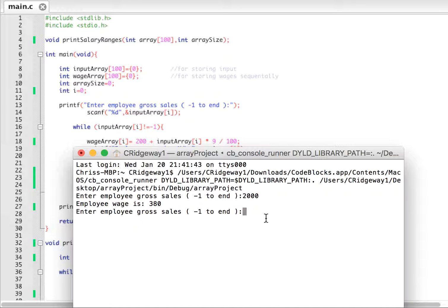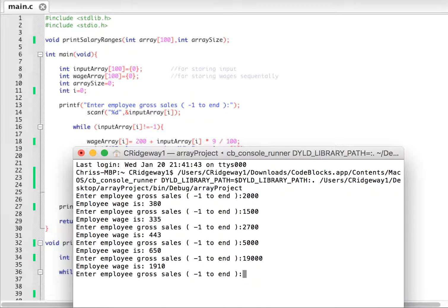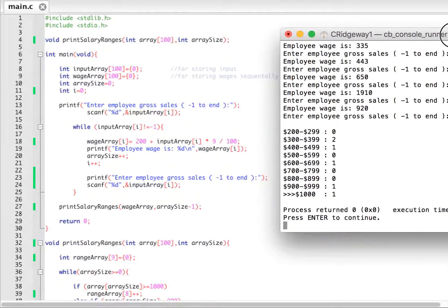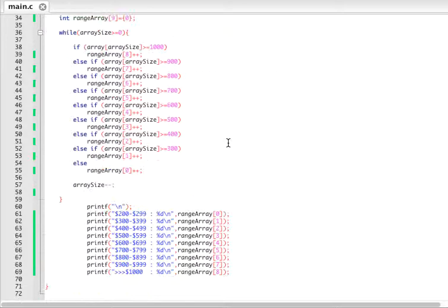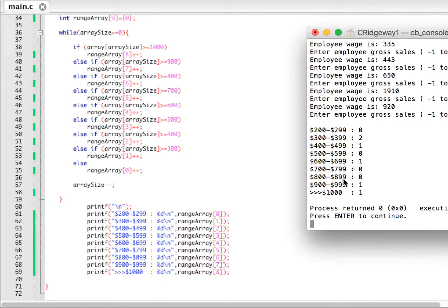So you just keep on going. So 1,500, 2,700, 5,000, 19,000, 8,000, and then we hit, let's put in -1 for the sentinel value, and then as you can see, it prints out. Let me grab this so you can see it. It prints out this nicely formatted table, and for each salary range, it tells you how many employees fall